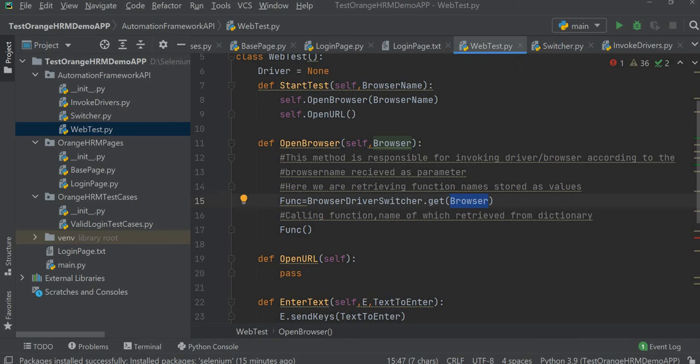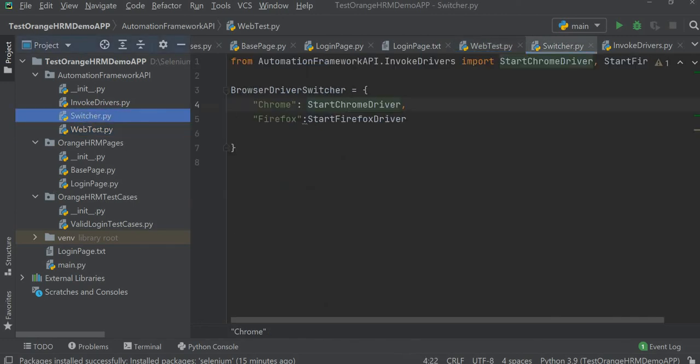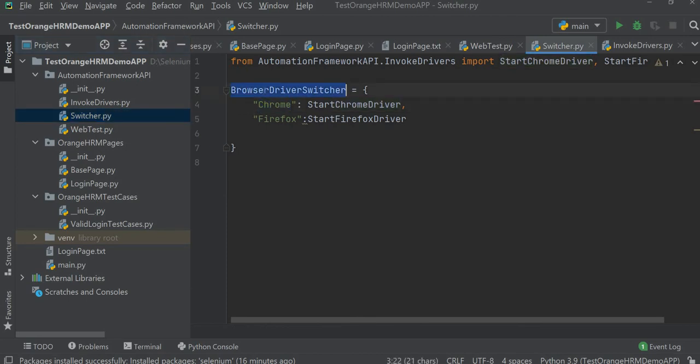Chrome is a key in my switcher, in my dictionary. So I would say browser driver switcher.get Chrome, which will give me this, which is its value. Now this is a function pointer, you can say a function name, function reference, function pointer, you can call it any of these.